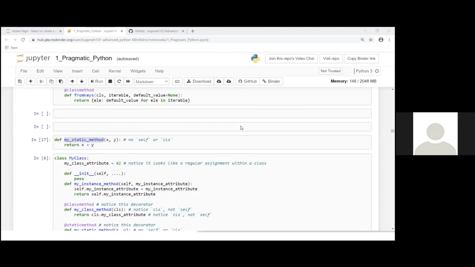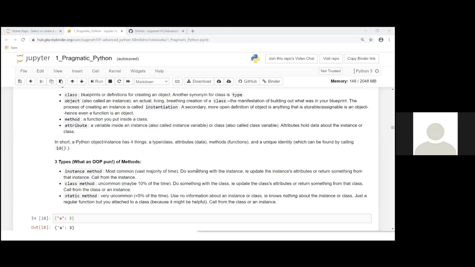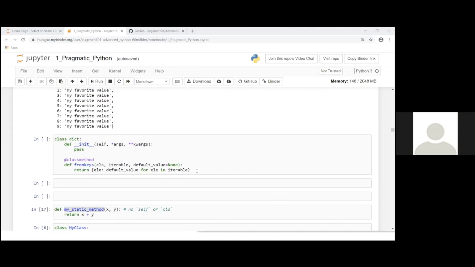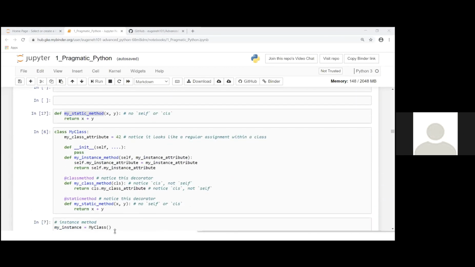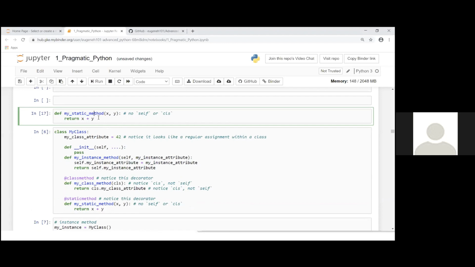That's a good question. Static methods are truly just like regular functions that know nothing about the instance at all. In this case, the static method is literally copy and paste, right? So it has no self and has no class. So there's no real restrictions.